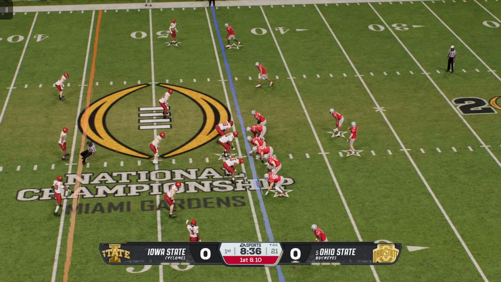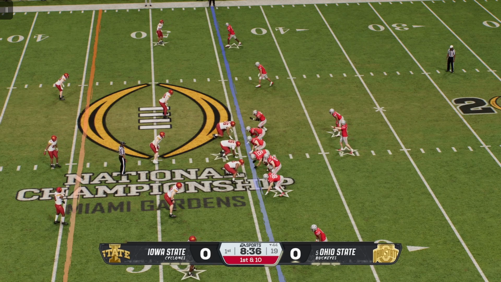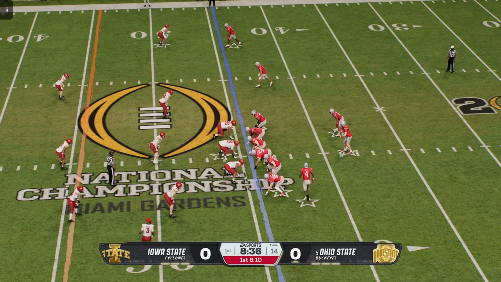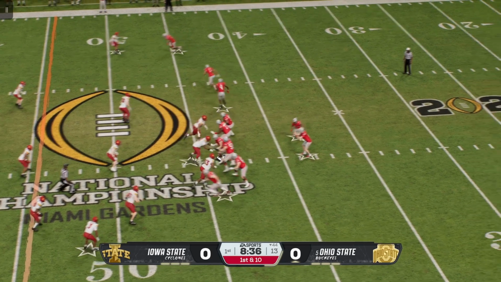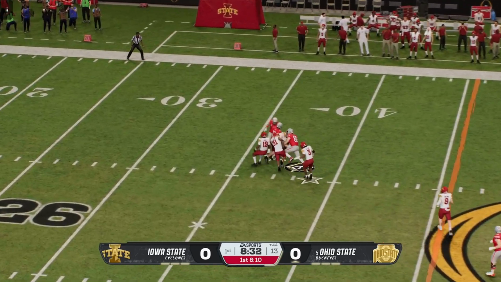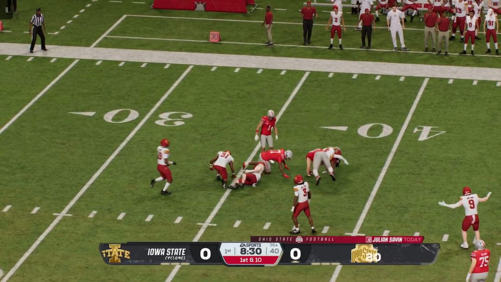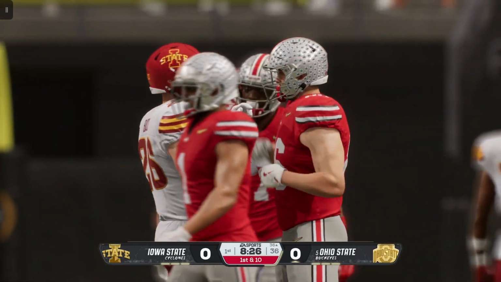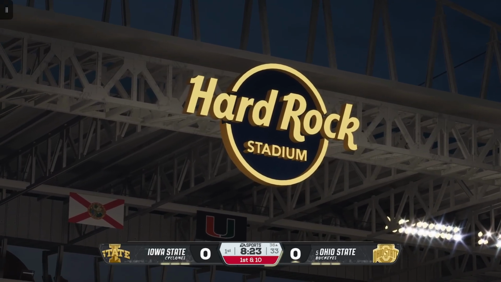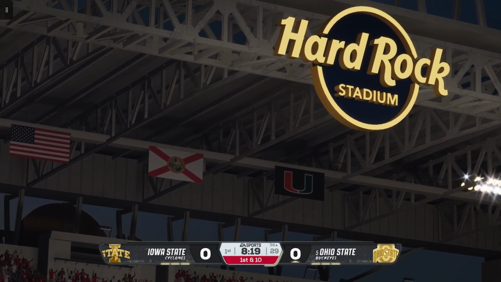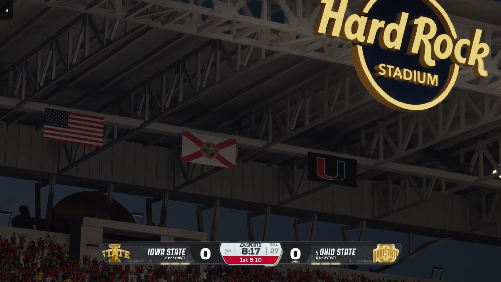Yeah, a game that we really pointed to all summer. Looking forward to this matchup. Knew these two quarterbacks would go head-to-head. Very important that they don't get caught up in the individual matchup. They just go out, work against these defenses that they're facing, and try to put up as many points as they can. Tackle made after a big gain all the way to the 36. Nice throw and catch here for the Buckeyes. You know, Chris, it's hard to think of a time when Ohio State didn't have an efficient, prolific quarterback under center.